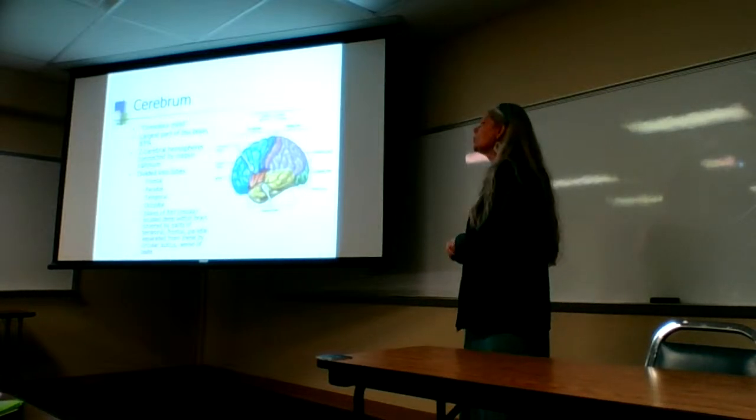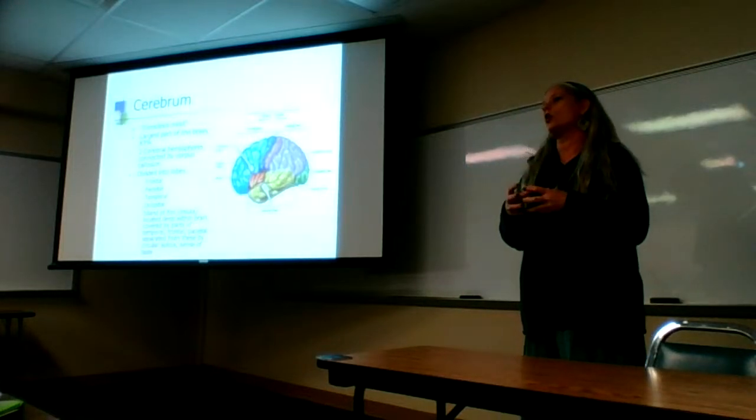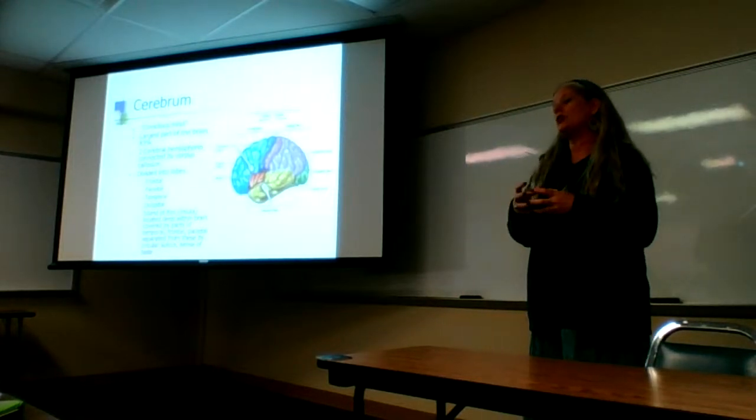Now we have two cerebral hemispheres. They're going to be joined by a structure called the corpus callosum. This corpus callosum is actually unique to placental mammals, so we don't see